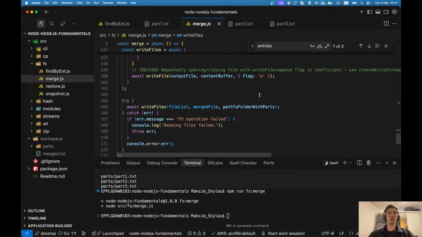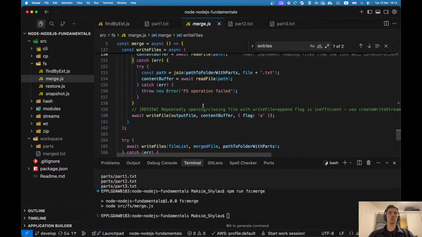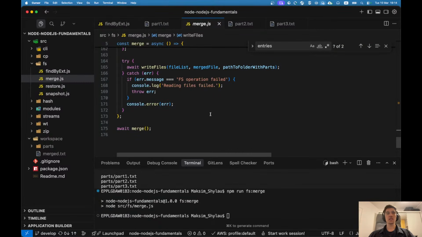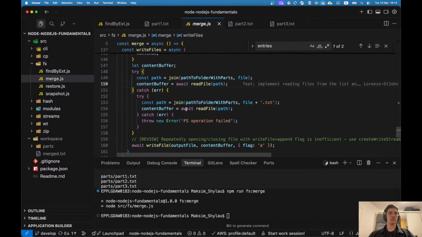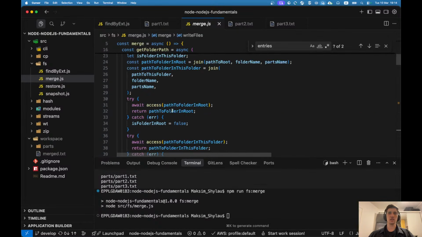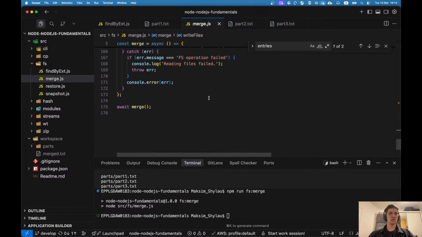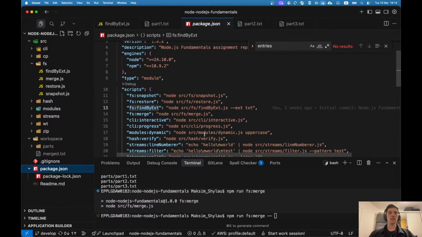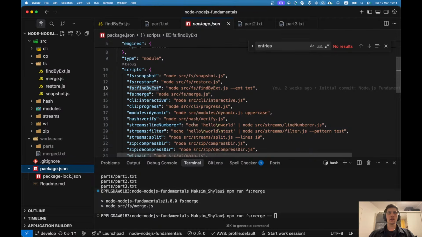Okay, so you can see that concatenation works this way, and it works. Apart from this, yeah, try catch, multiple functions and copy paste inside of the main function, but it seems to be working according to requirements. Also, let's also try to pick some specific files. Okay, fast merge